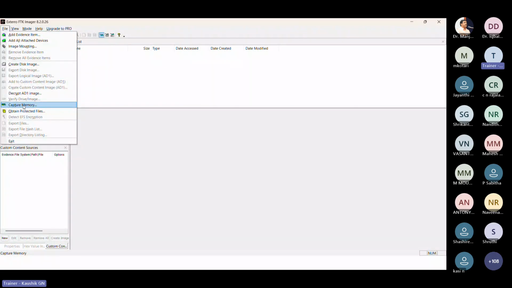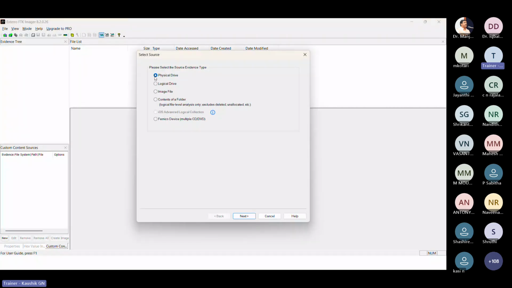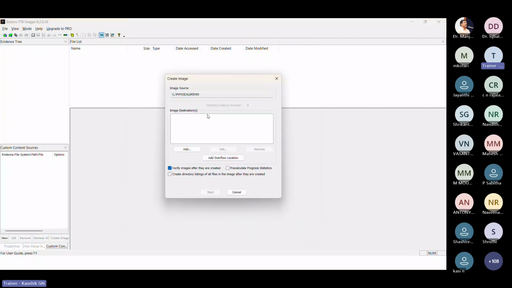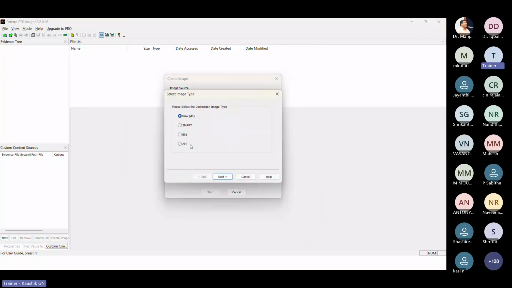So once the capture memory is done, I will go for the create disk image, physical drive as I told. So finish here. Yeah, I will add raw file. I will give the case number, evidence number, unique description. This is drive D, examiner.